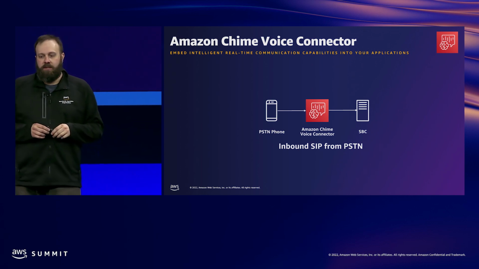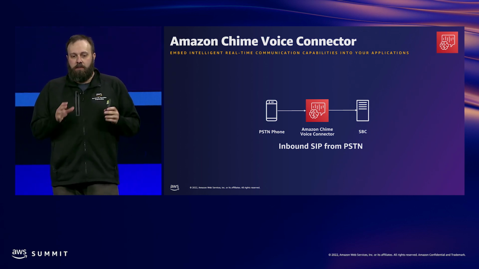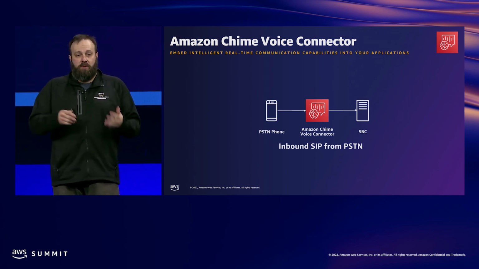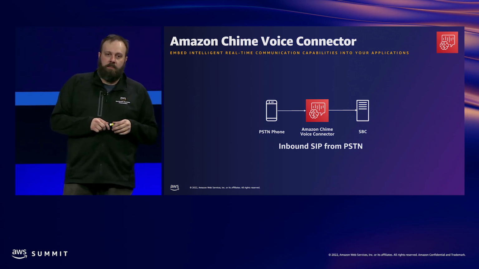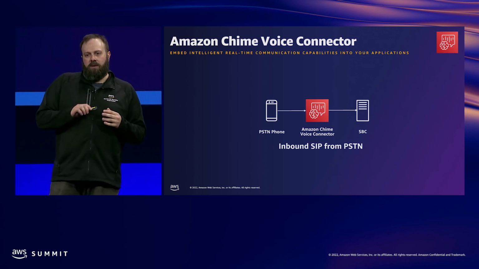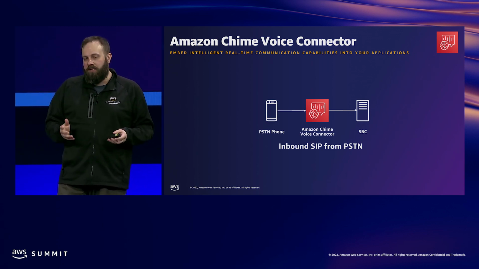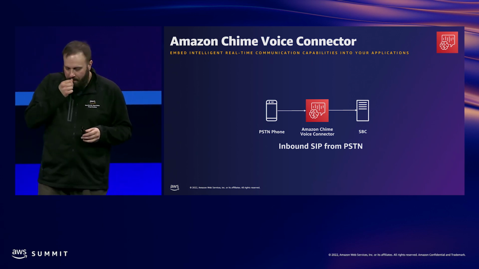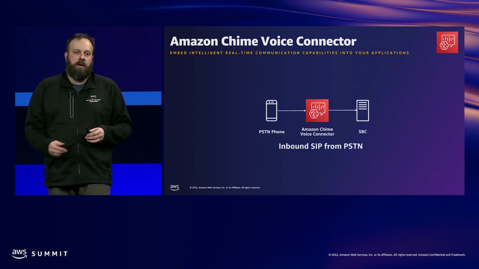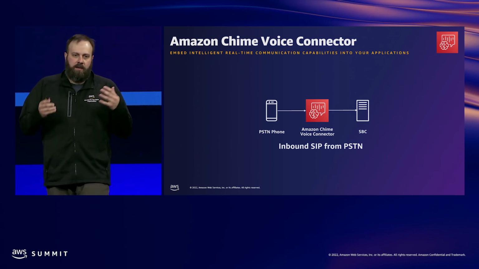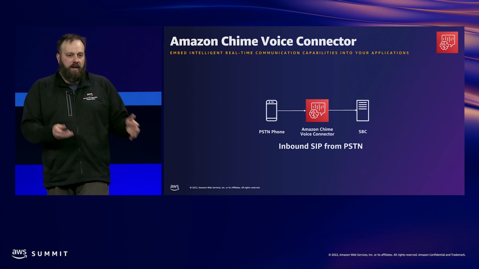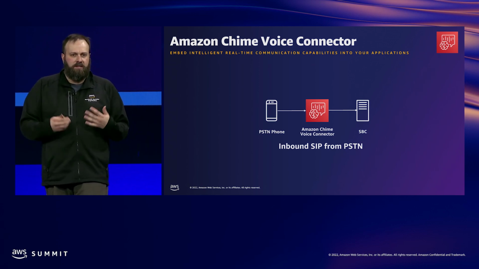As I had mentioned, the Amazon Chime voice connector is part of the PSTN services as one of the 3 pillars of the Chime SDK. And what this voice connector will let you do is pretty basic SIP trunking. So if you're at all familiar with SIP trunking, inbound, outbound telephony from the PSTN to a SIP-based SBC, PBX, something like that, a session border controller,